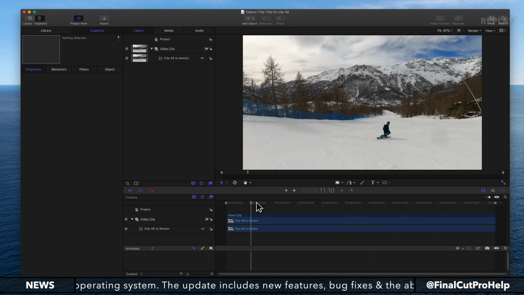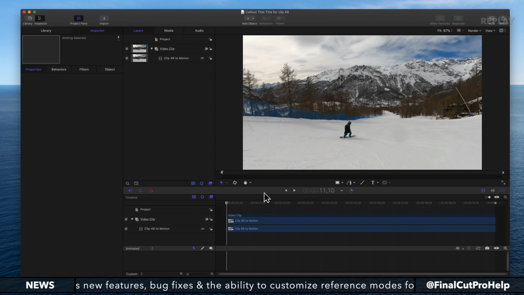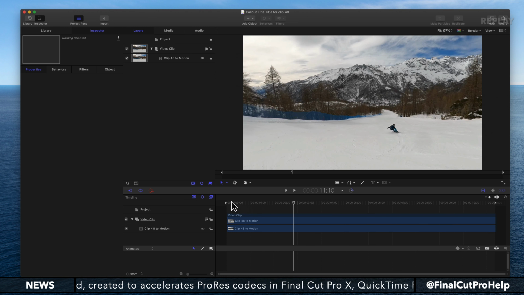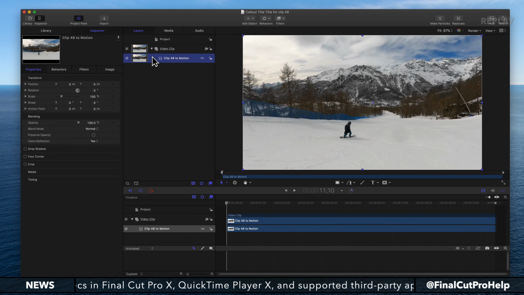So I do want this snowboarder here to have a title attached to him, because I want to know who this is. I want to put in a name and track this person as he's going down the hill here. So Motion has a tracking system built into it, which is really cool. So on your timeline here, go to the beginning of your clip, then select the clip in the Layers tab,